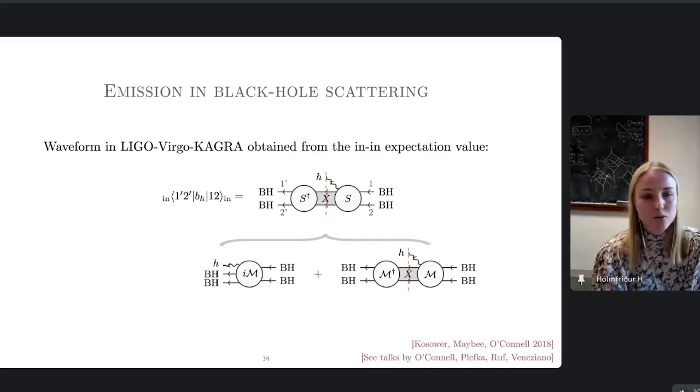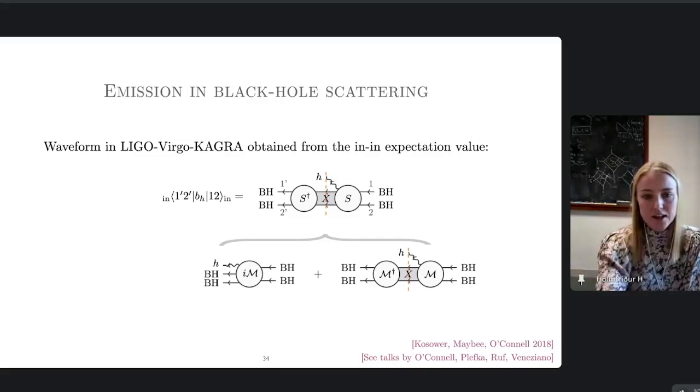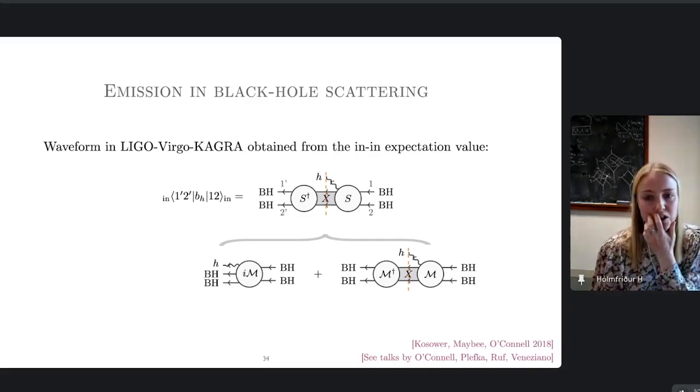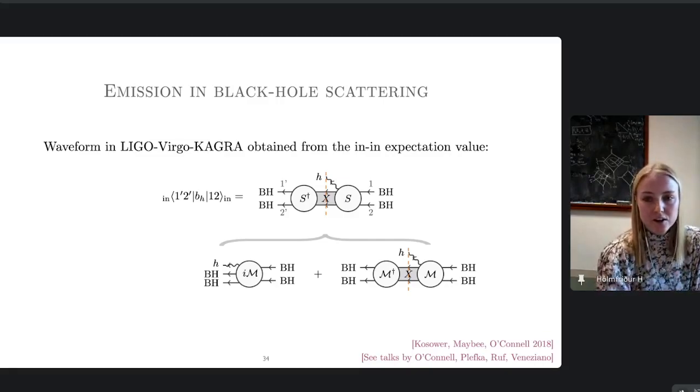I mean, we could use the out basis as well. It doesn't matter. It's just that the S operator takes us from the past to the future. You can write it as an overlap of an in or an out state, or you can write it as an in state, S operator, in state, basically. So that's just a notational convention, I would say. But it is important here, though, that we measure the graviton in the future. And causality is important there, that it's in the future of what happened here for the black holes.